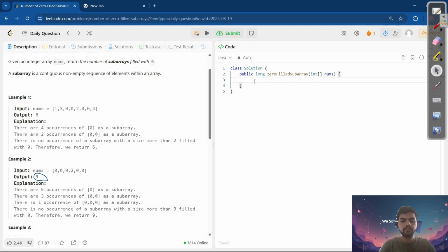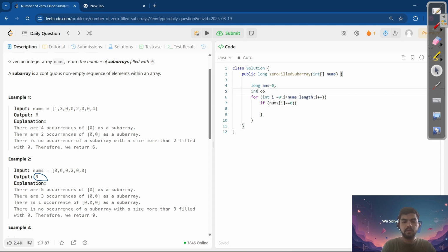Let's go to the board. They're asking us to return a long. So long answer equal to 0. For int i equal to 0, i less than nums.length, i plus plus. If nums of i is equal to 0, we'll take a count here. The count is initially 0. Count plus plus, and if it's not, then